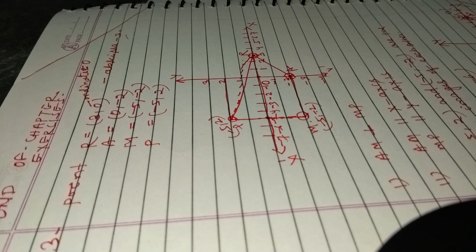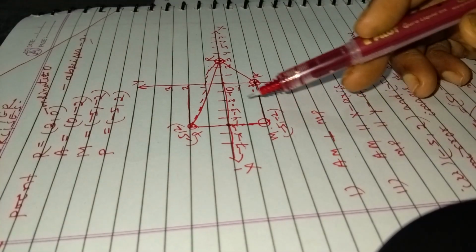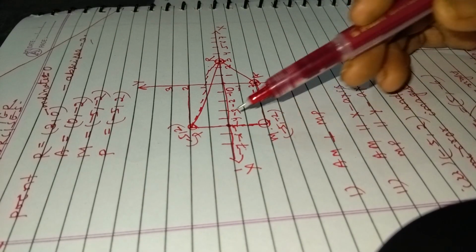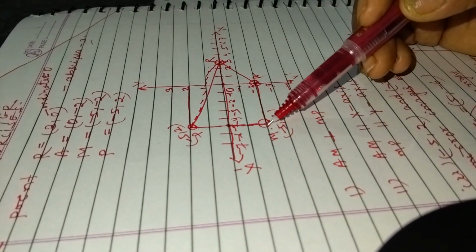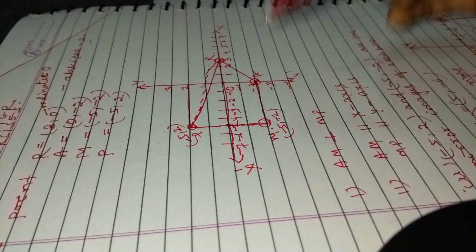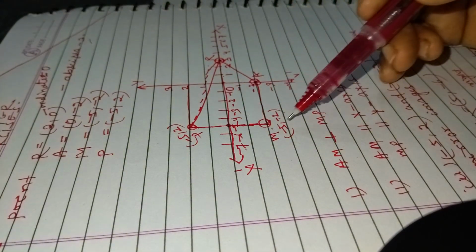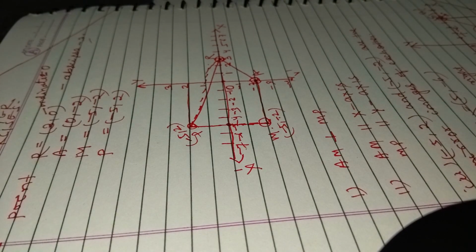So now we will proceed with the questions. Two sides of RAMP that are perpendicular to each other. Look at the figure. Now look at this figure: AM and MP. AM is parallel to your x axis. Similarly, MP is parallel to your y axis. They are touching at a point M. So AM is perpendicular to MP. Are you clear?